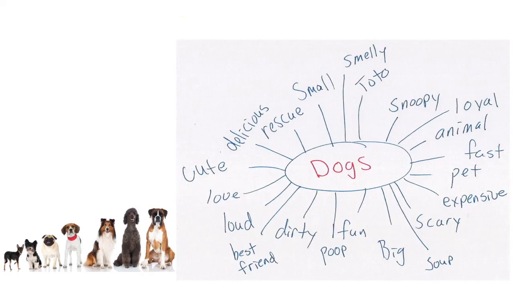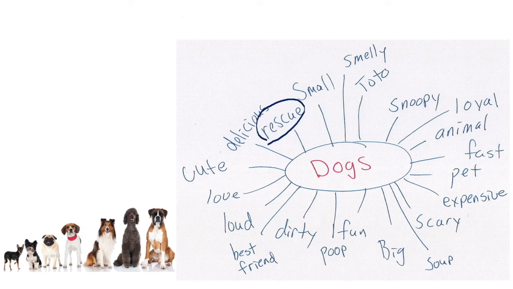Let's take for an example that your teacher told you to write a report about an animal. You thought about animals and you like dogs. So you decide to write about dogs. Well, the first thing you're going to do is brainstorm some ideas about dogs. So here you wrote down dogs in the middle and you wrote down some words like loyal, fast, big, dirty, loud, scary, small, things like that. But as you're writing this down, you think, wow, dogs is still kind of a big topic for university students. So maybe I should narrow it down even more.